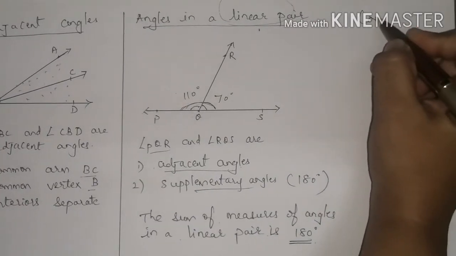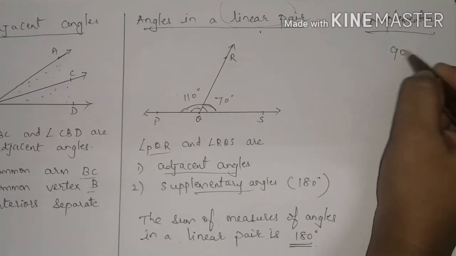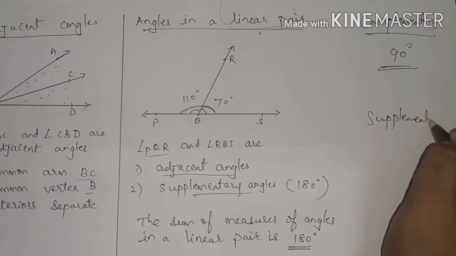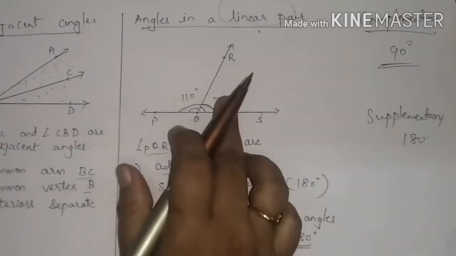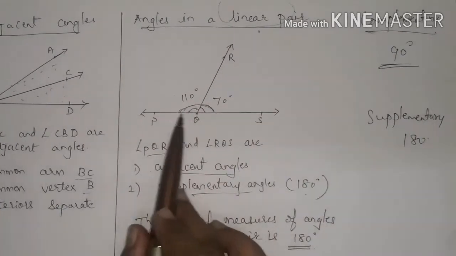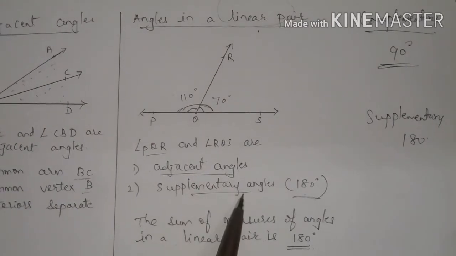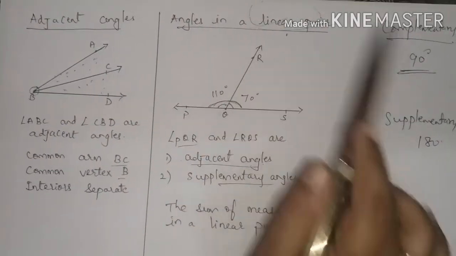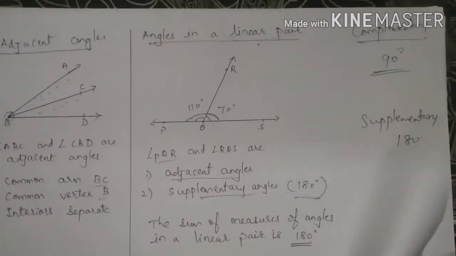And we have seen about complementary angles also. Complementary means two angles whose total is how much? 90 degrees. Supplementary means two angles whose total is how much? 180 degrees. Now angles in a linear pair also, on a straight line, if two adjacent angles are formed, they are called angles in a linear pair and their total is also 180 degrees. That means angles in a linear pair are always supplementary and they are adjacent. Remember these two very important points about angles in a linear pair. So let us begin practice set 19 based on this.